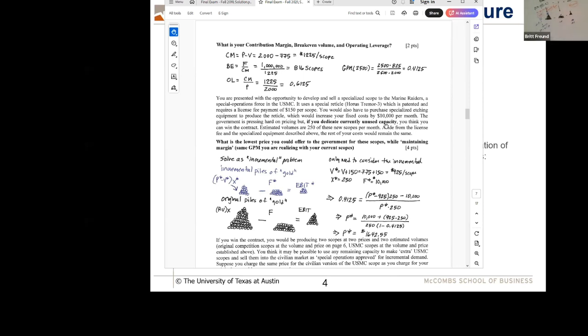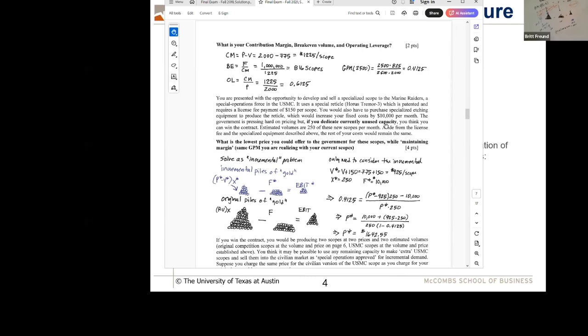And in this particular problem, I said, okay, imagine that we're going to sell 250 a month. Now we know this X is 250. So it's just the same old equation again now. I don't have to worry about the black. I'm just worrying about the blue when I do this, right? And I go, okay, the Marine Corps price minus the $925 that I have to pay for variable cost of each of those. I'm going to sell 250 of those things. Oh, excuse me, not equals. Minus, I have to pay an extra $10,000 in fixed cost is going to be equal to whatever the EBIT that I want to make. That's what's going to happen now.